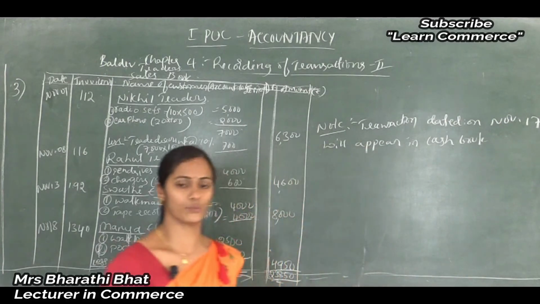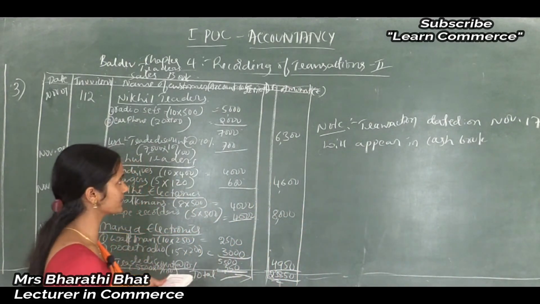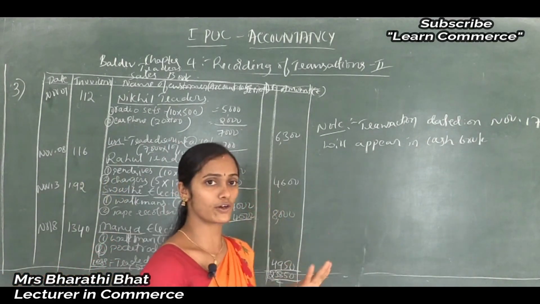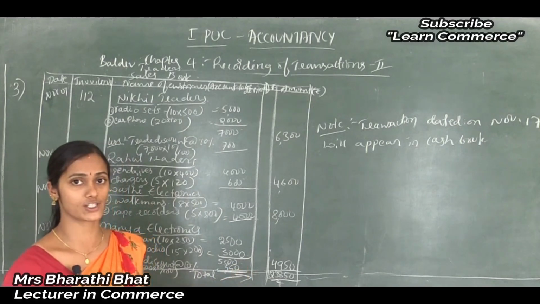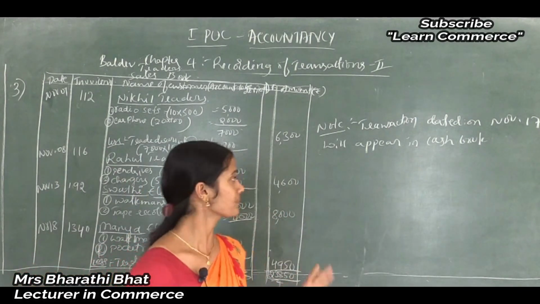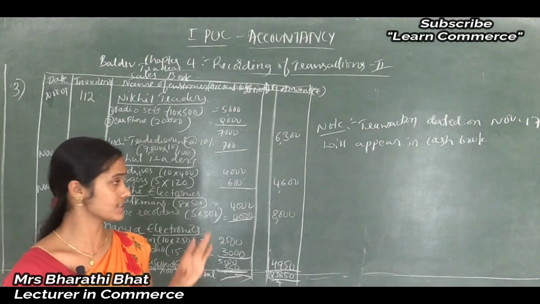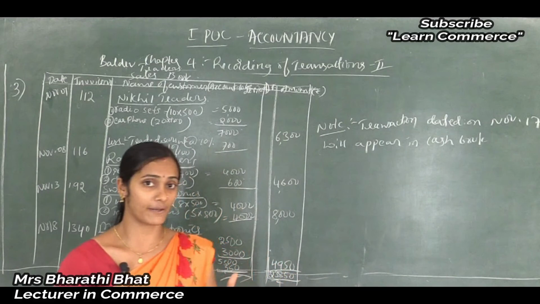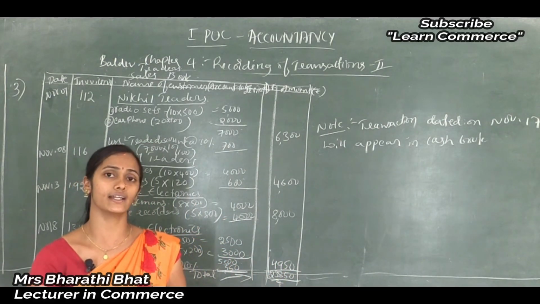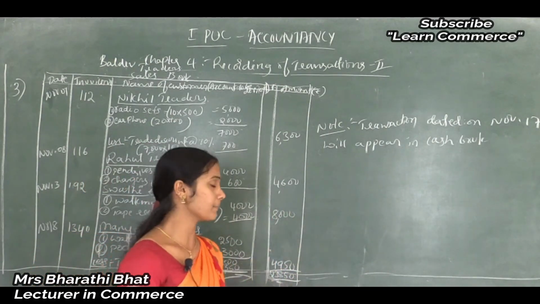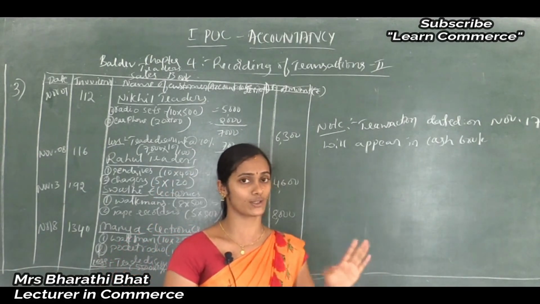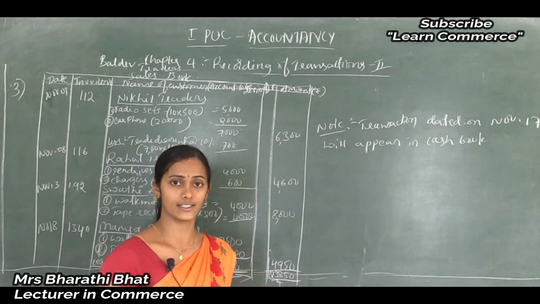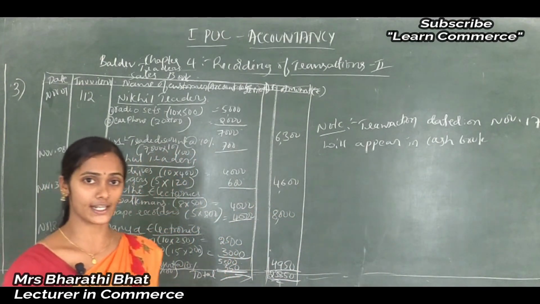So nearly we solved three illustrations on this, how to prepare the sales book, and easy concepts, how to prepare the purchase book also. I hope you understood how to prepare purchase book and sales book. Two concepts remain: preparation of purchase return and sales return, and how to post these totals to the individual accounts, the concerned accounts. In a later class we will study those concepts.